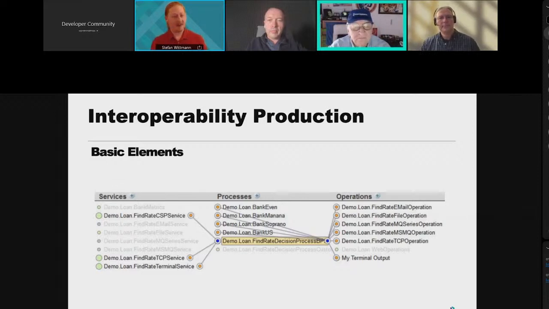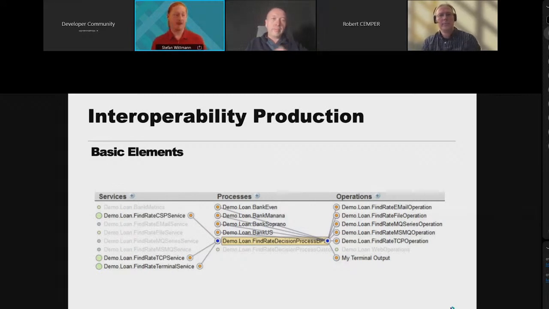Whenever the process comes to a point where external interaction is required or data needs to be persisted, in other words, an event needs to be triggered, it creates an internal message and sends it to the business operation, which you can find on the right side here.